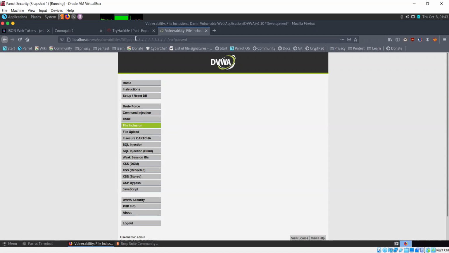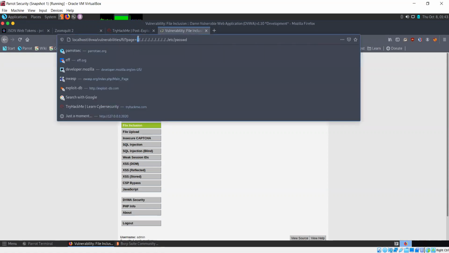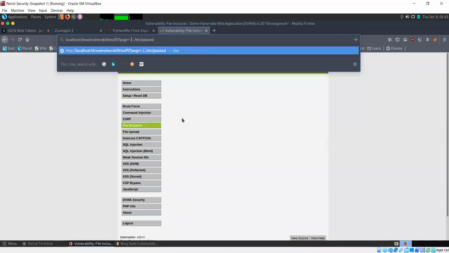So see, if it sees this together, double dots and a forward slash, it is going to remove that. What I can do instead is I can use double dot, again double dot, and two forward slashes. I'll just remove this for now. So when this gets removed, and this part gets removed, again what I'm left with is this. So if I repeat this process,